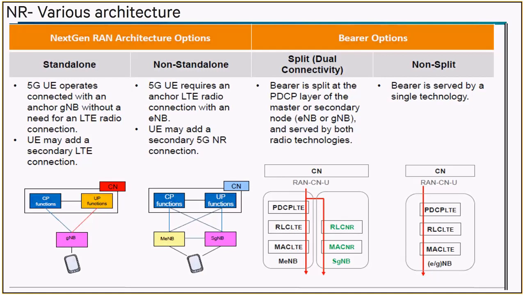So it essentially needs to come up with an eNode B, and then it could be moved away to a secondary 5G NR connection. Now to support non-standalone, you can do multiple bearer options. One is non-split, wherein the bearer comes exclusively from one of the technologies, which is either 5G or LTE, or split, where the user data could be split between 5G and LTE. So simultaneously you can receive data from LTE and 5G, or you can receive only from 5G or only on LTE. This is known as a split architecture.